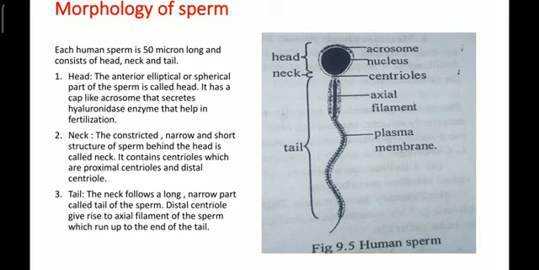Neck. Next is the second part of the sperm. This is the very constricted, narrow and short part just behind the head. It contains centrioles, which are the proximal centriole and distal centriole. And tail is the last part of the sperm. The neck is followed by a long, narrow part called the tail of the sperm. The distal centriole gives rise to the axial filament of the sperm, which runs up to the end of the tail. If you see the figure of the human sperm, you can easily describe the structure or morphology of the sperm